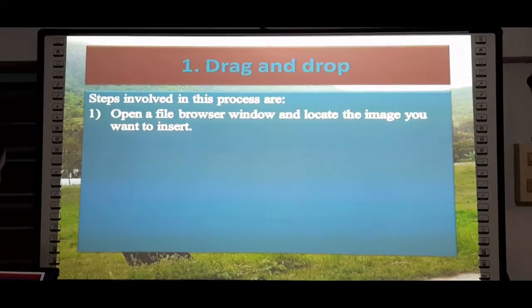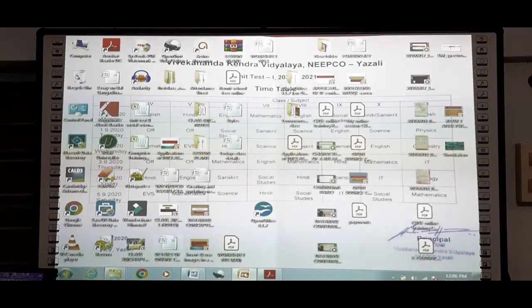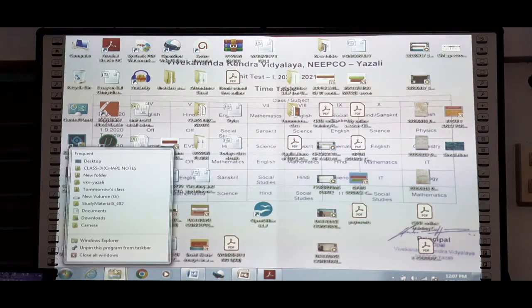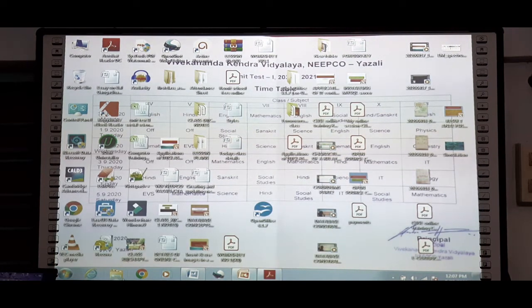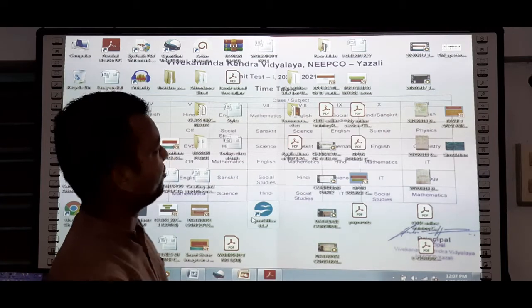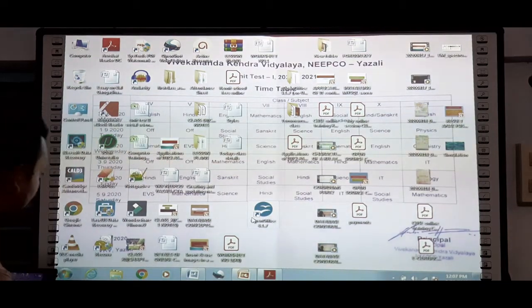Now this is known as File Explorer, similar to this file browser window. Whenever we click on any folder or file, we are using the file browser window.